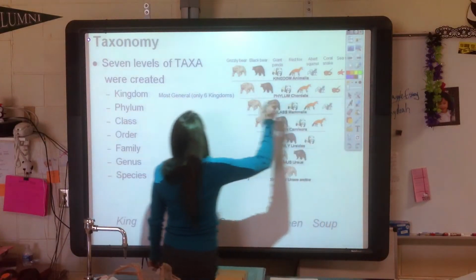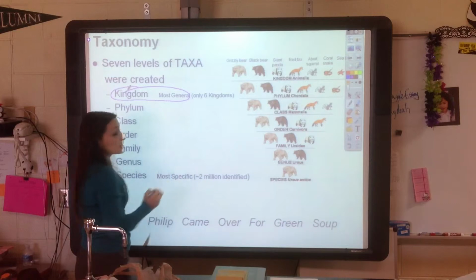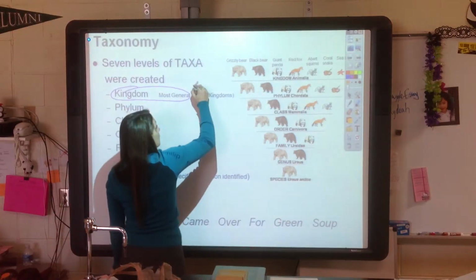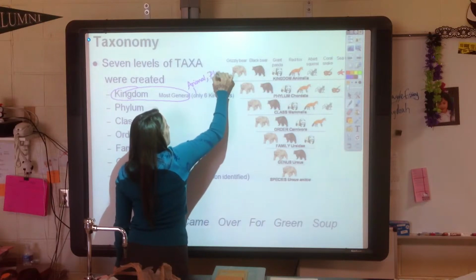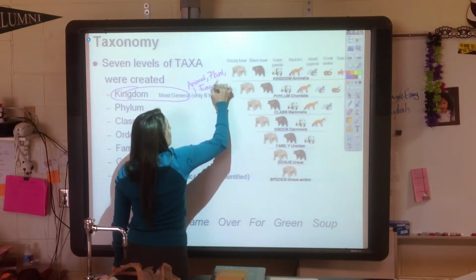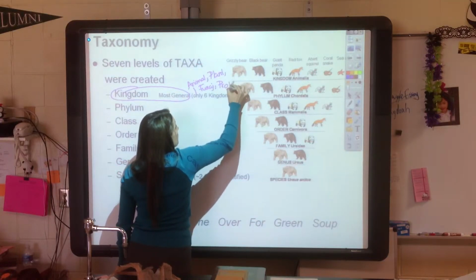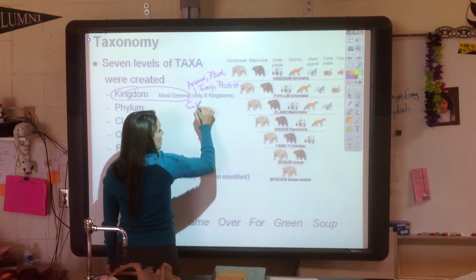And so we do want to be able to identify kingdom is the most general. There are 6 kingdoms, like the animal kingdom, the plant kingdom, the fungi kingdom, the protist kingdom, the eubacteria, sorry,